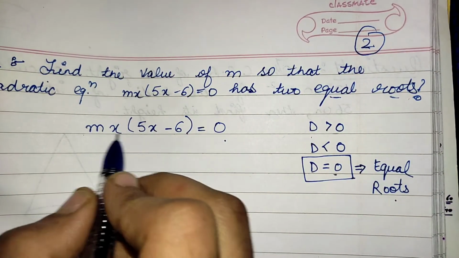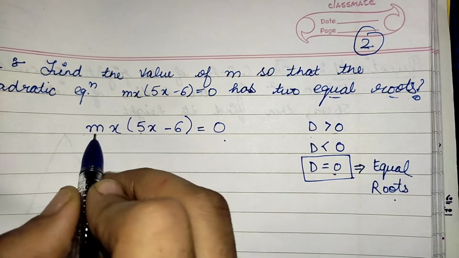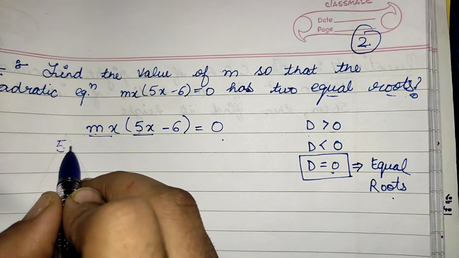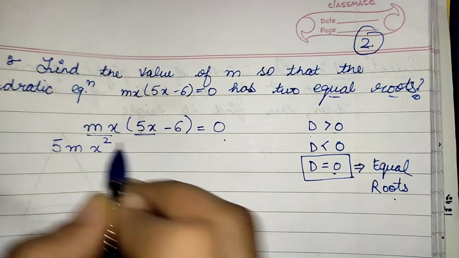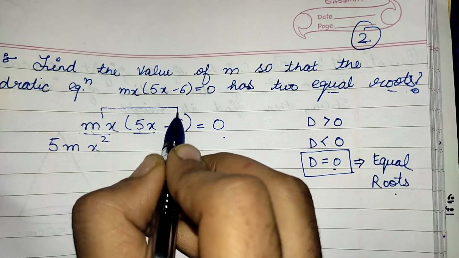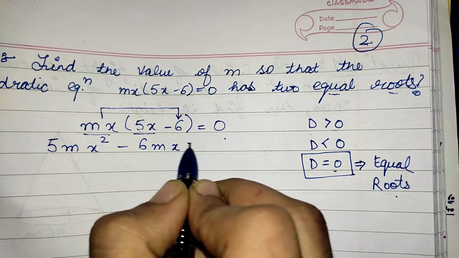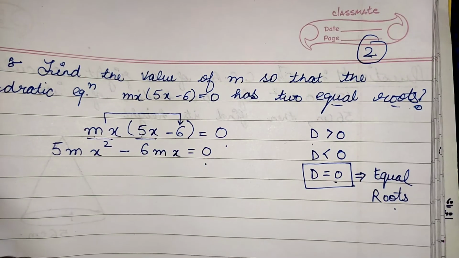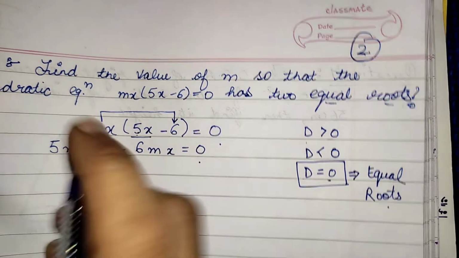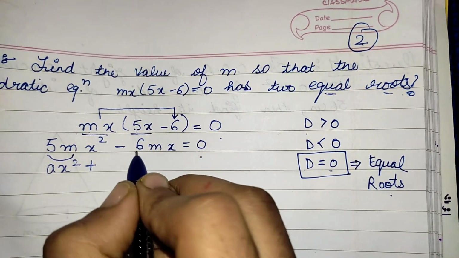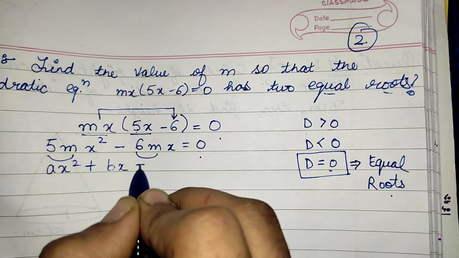Okay, so how to find out the value of d? Let's solve this bracket first. Mx into 5x will be equal to 5mx square. Then this mx will be multiplied by minus 6. It will be minus 6mx. Okay, so now we can compare with our standard form of equation, which is ax square plus bx plus c